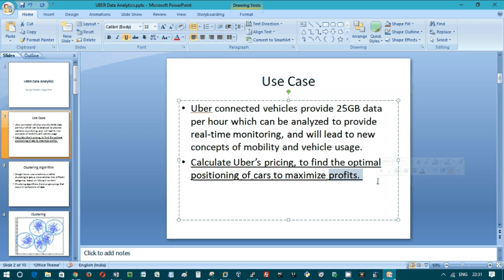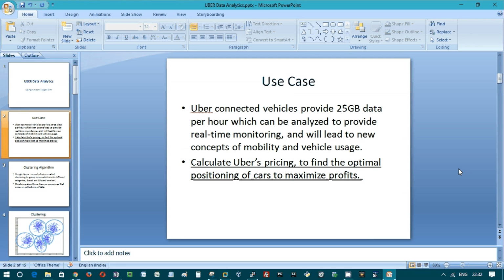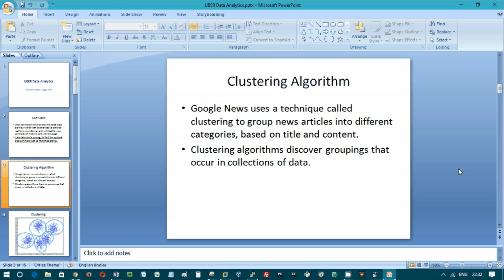So that's my use case. I will be doing predictive analytics on, hey, my car, I need to stop it over here when I don't have a pickup, so that if I go to this particular location I'll definitely get more pickups. So this is going to be my use case, and to do this I'll be using something called